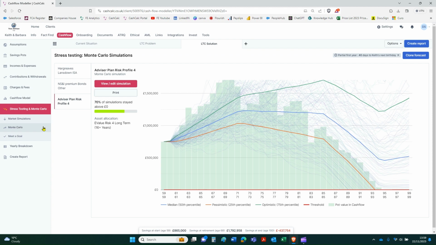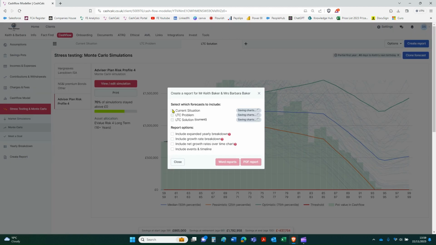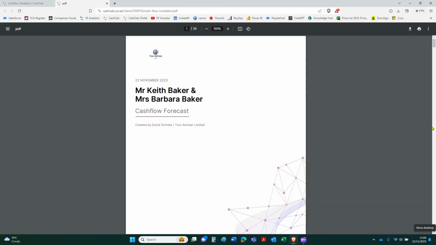If I just come back to my screen, if I click on create report, finally, you've got the 3 different cash flows that I've created. They'll automatically be ticked. I've got all of the underlying assumptions that I've put into this as well, so I can include those if I like. But if I click PDF and just quickly take a look at this, that loads up my cash flow